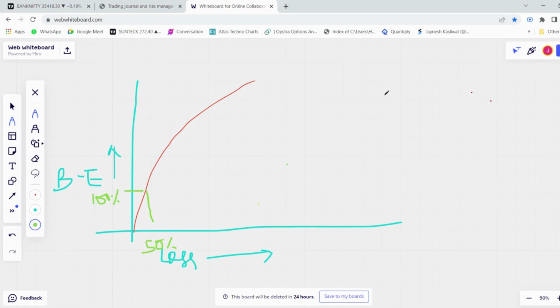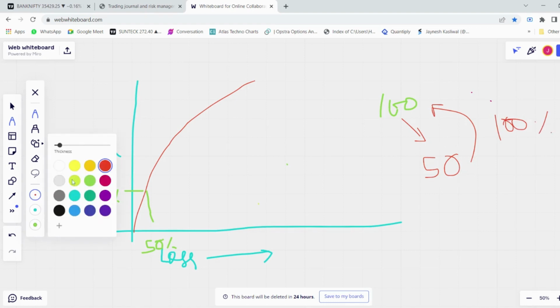So what do you mean by losses and 100% break even? For example, let us say we have bought a stock at 100 rupees. Now we have faced a 50% loss in that, and our stock is now trading at 50 rupees. So just to get back to break even, or just to get back to the capital that we had deployed, we require 100% gains. Then only the stock trading at 50 rupees will go back to 100 rupees. So this is known as losses working exponentially against us.